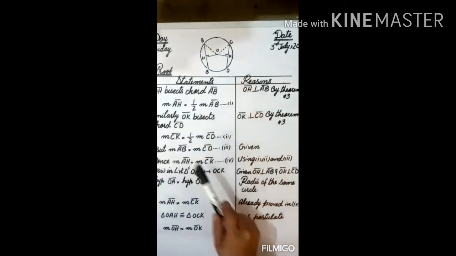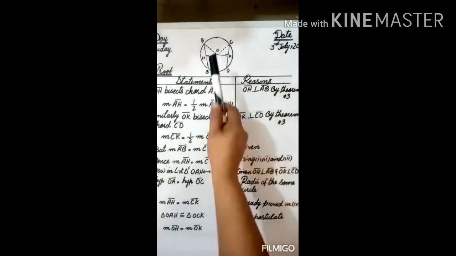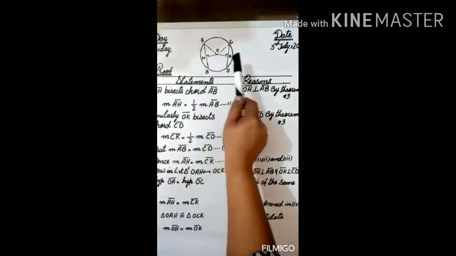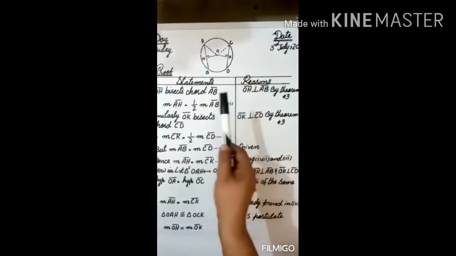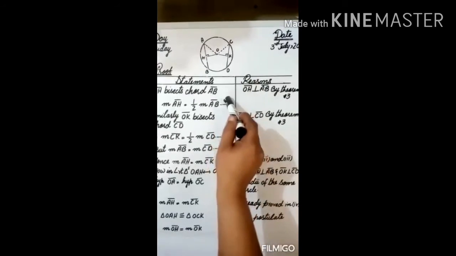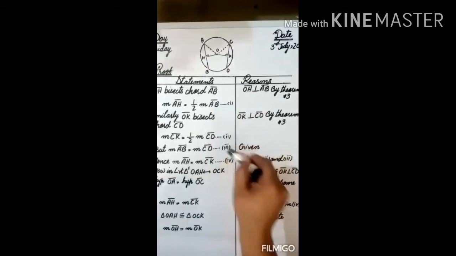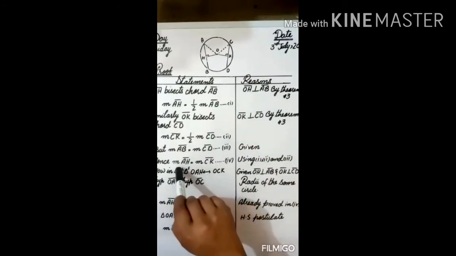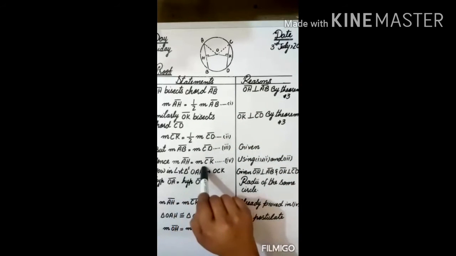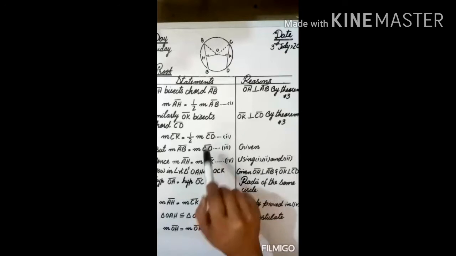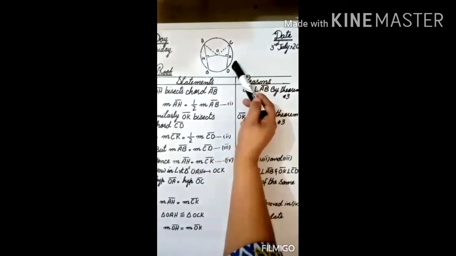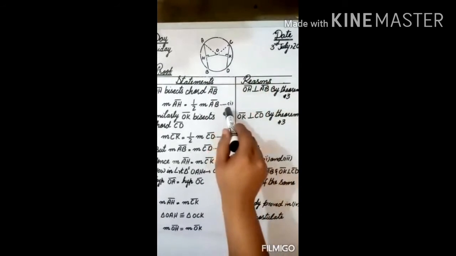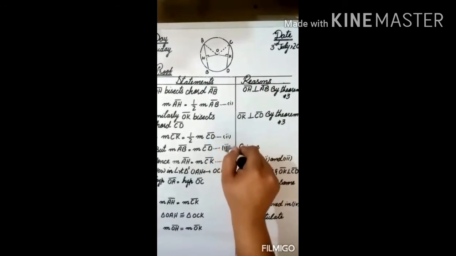This is question number 2. But we know very well AB is equal to CD. Why are both equal? This is in the given. Now by combining equations number 1, 2 and 3, we can say that measurement AH is equal to measurement CK. This is by using equations number 1, 2, 3.